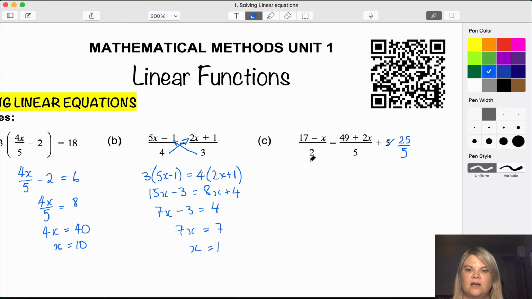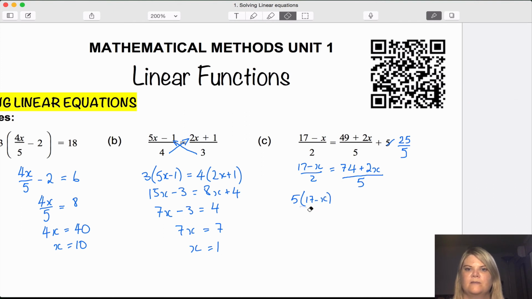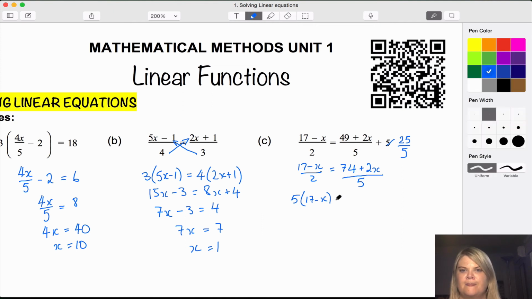the fraction there, and we end up with 17 minus x over 2 on this side, 49 plus 25, which is 74, plus 2x all over 5. Now we've got this situation, so we can cross multiply the 5 over here. 17 minus x, oh, it's not over anything, don't need the fraction line, 2, 74 plus 2x,